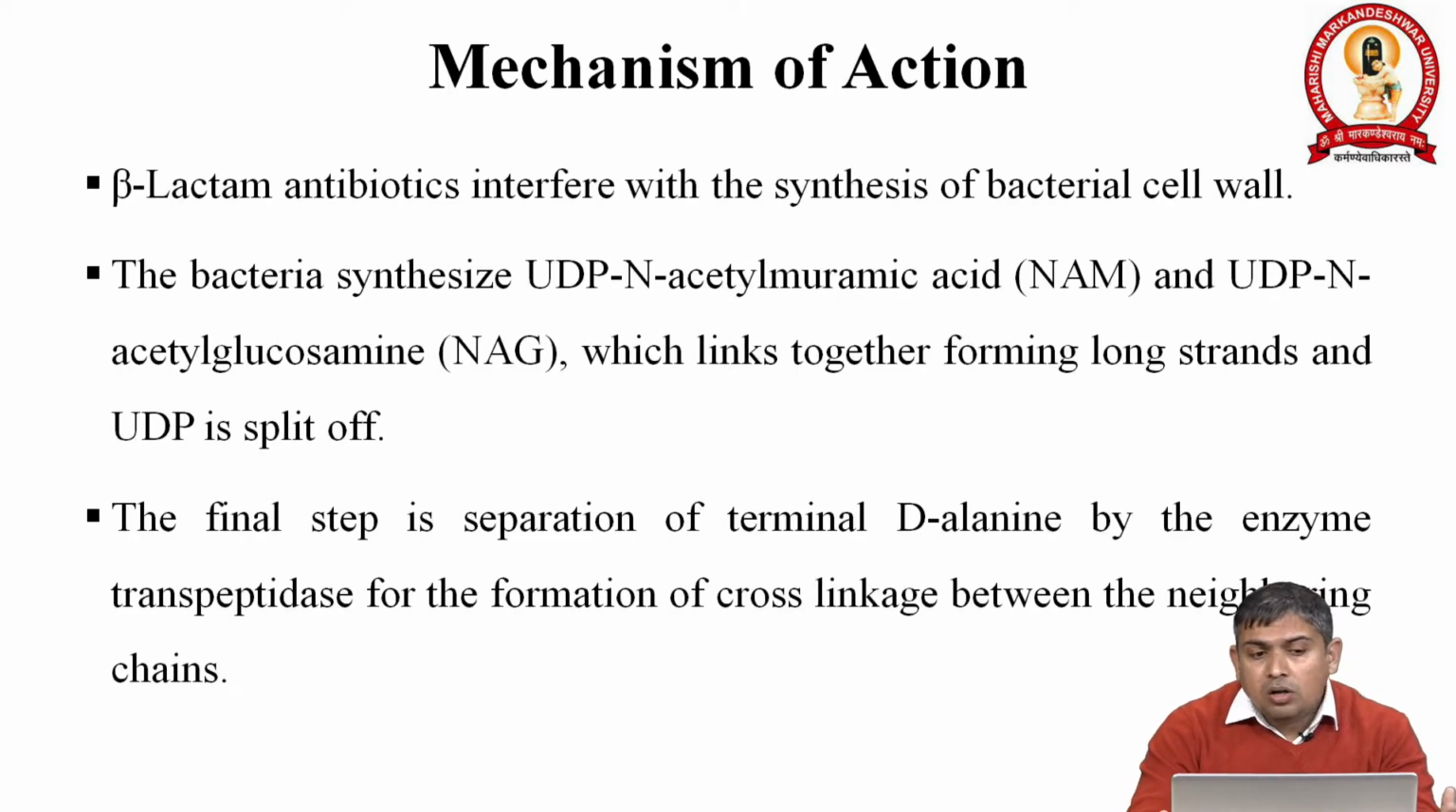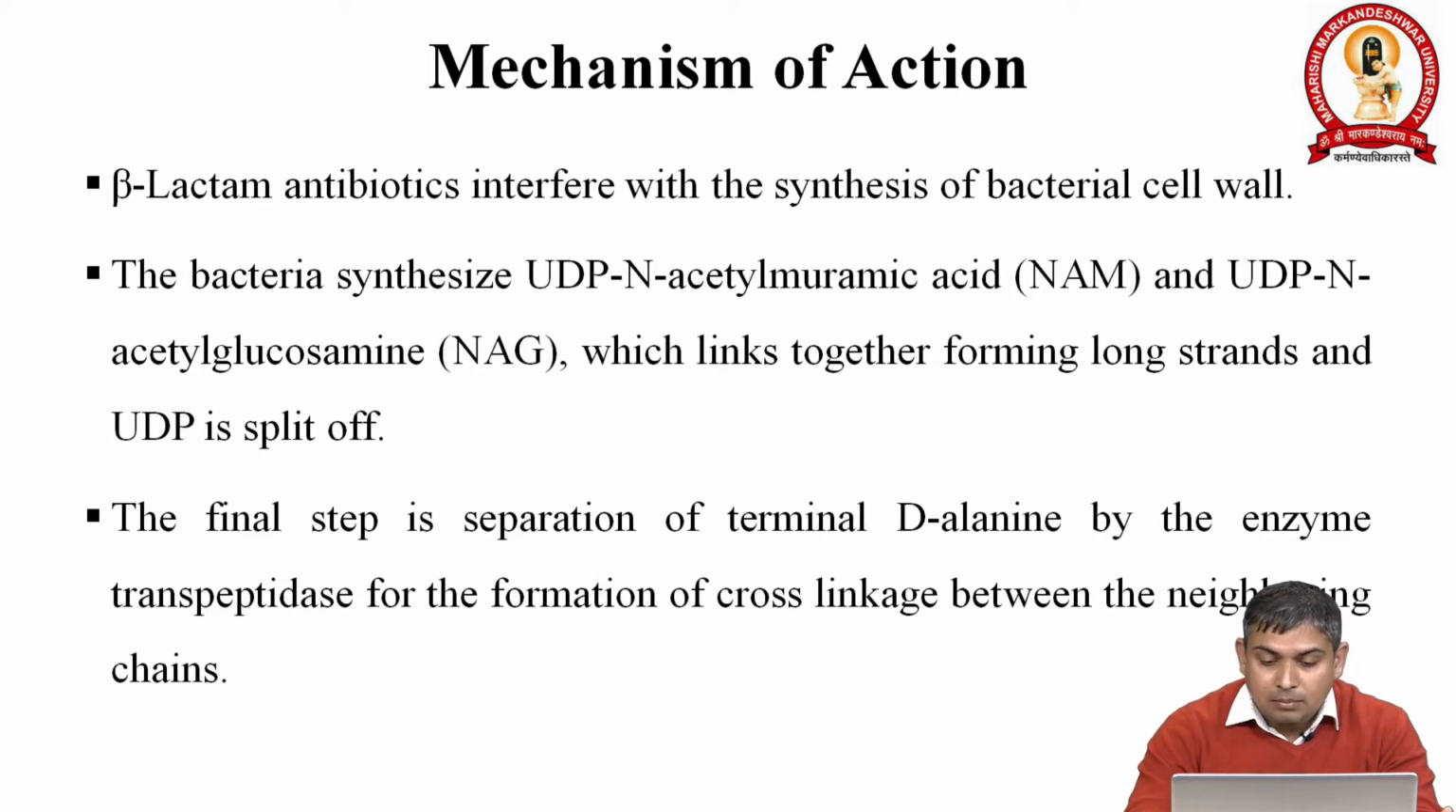Mechanism of action: all the beta-lactam antibiotics interfere with the synthesis of the bacterial cell wall. The bacterial pathogen synthesizes UDP-N-acetylmuramic acid and UDP-N-acetylglucosamine, which link together to form long strands by splitting off the UDP molecule. The final long chain structure is stabilized by the formation of alternating NAG-NAM chains. The final step is the removal of the terminal D-alanine by the enzyme transpeptidase for the formation of cross linkage